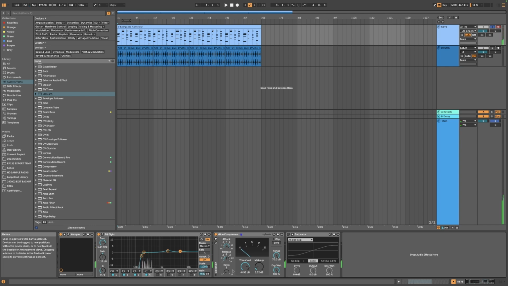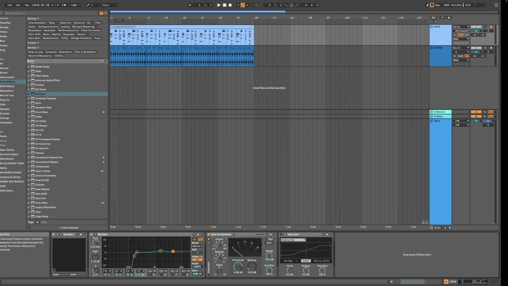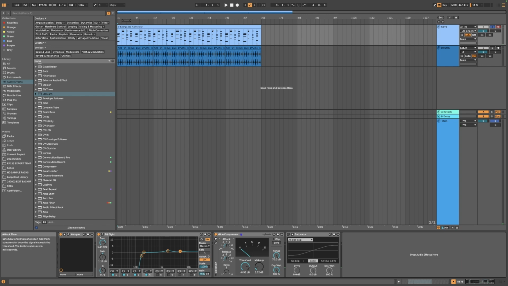The longer the attack is, the more potentially natural sounding, but also more washed out. The shorter it is, the quicker it starts, and the more upfront it is, and the more transients you preserve in the process. But essentially, that is what's going on with the attack. I'm going to set it back to the middle,